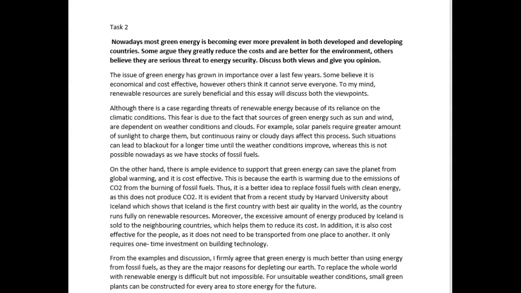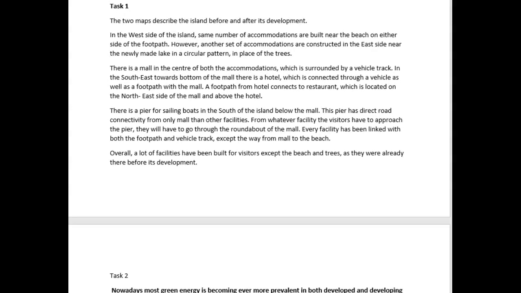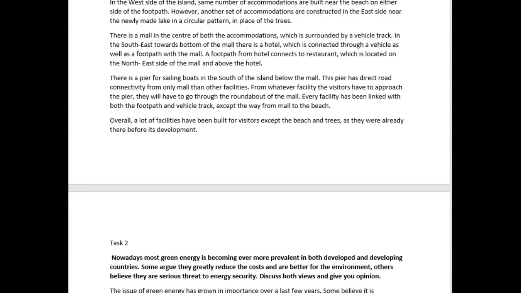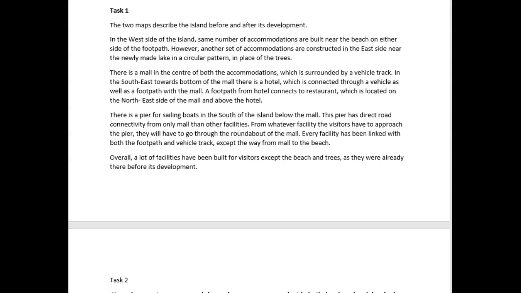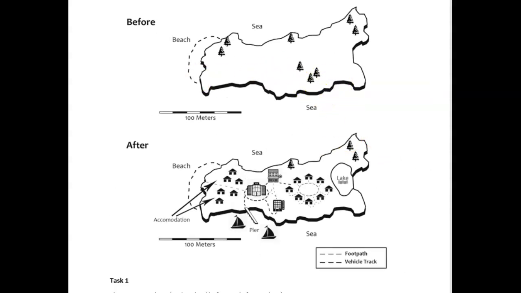Okay, so that's pretty much it. You know that I corrected quite a bit of your syntax. Some of it was a little tricky. It needed to be reworded in order to make more sense and flow a little better. But like I said, it was a detailed answer, and that was good. But unfortunately, you missed a big portion of it. You should have mentioned something about the island pre-development.